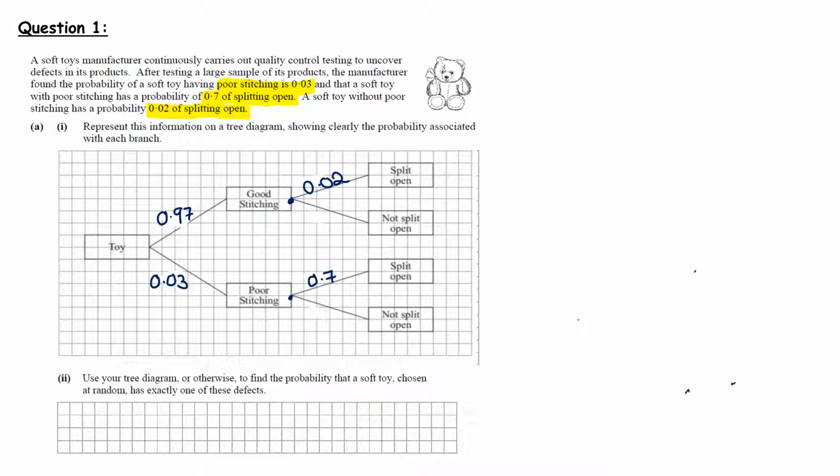So now we can fill in the other side of each of our branches. So this is 0.98 because both of these branches must add up to 1. And here is 0.3 because each of our branches have to add up to 1. Now, what's really important is when you're doing a tree diagram, always put your final probabilities over to the right. So the probability that it was good stitching,